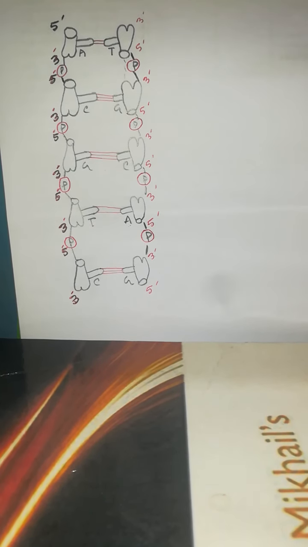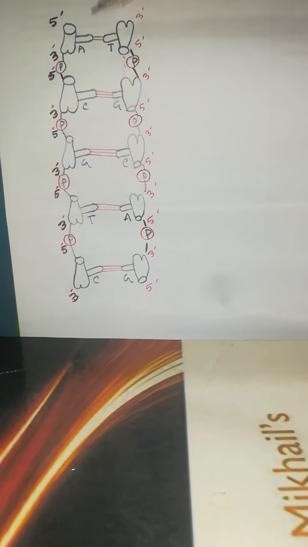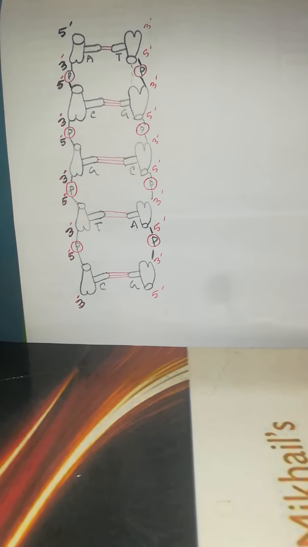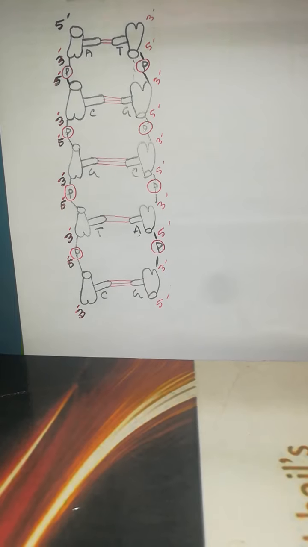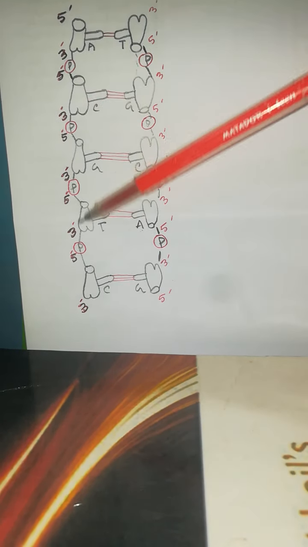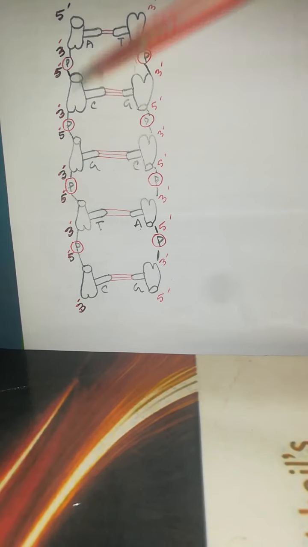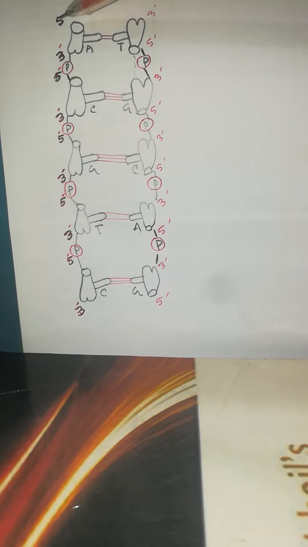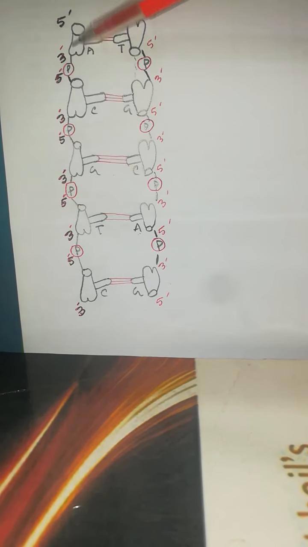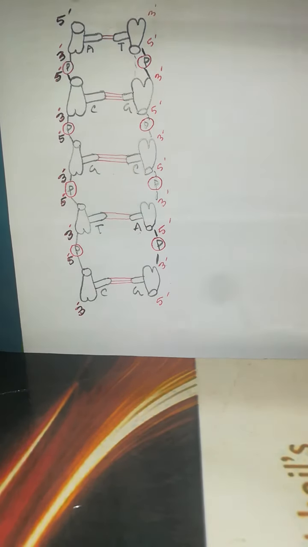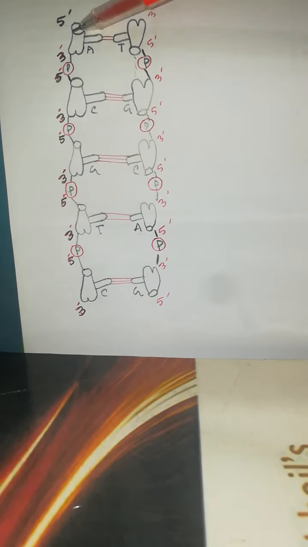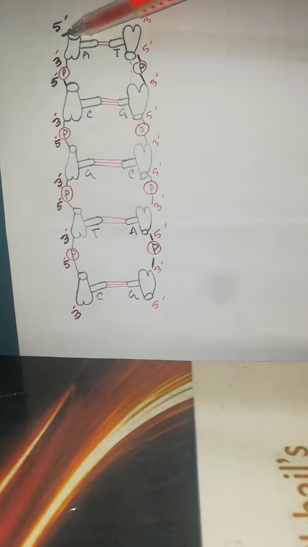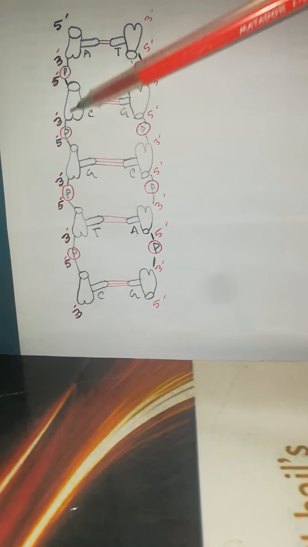You follow here that I draw this DNA double helix structure. This is the nitrogenous base, this is the phosphate end, and this is the ribose sugar. I just draw it as a structure of DNA. This is one helix, or DNA backbone, on one side, and this one is another helix. We know DNA is a double helix. This is the nucleotide. This is the phosphodiester bond. Nucleotides are connected by phosphodiester bonds. I already discussed how the phosphodiester bond is formed. So phosphodiester bond formation, or polymerization, occurs in the 5 to 3 prime direction,